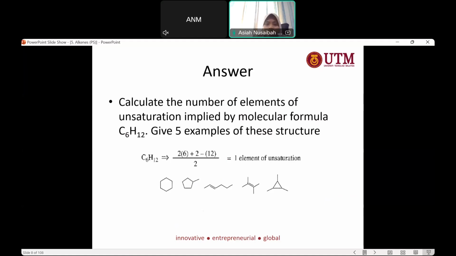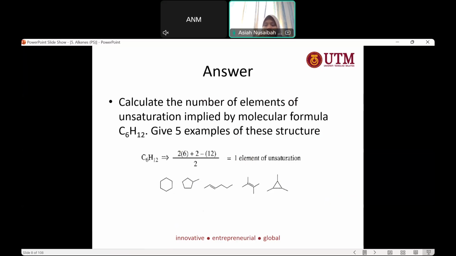So let's see another question. Calculate the number of elements of unsaturation implied by molecular formula C6H12. So this is very direct. What you're going to do, you simply put the number of C, which is 6, in the formula here, and the number of hydrogen, which is 12, and solve it. Then you find that there should be one element of unsaturation, but it doesn't mention what the